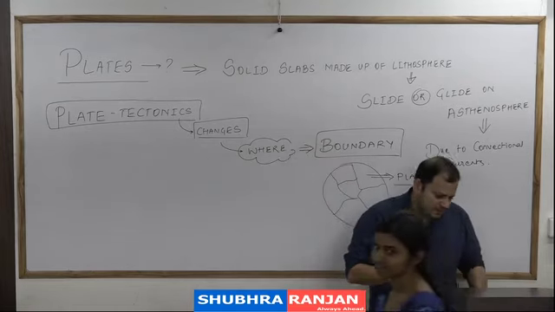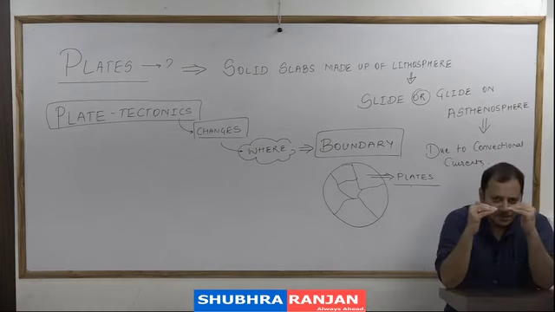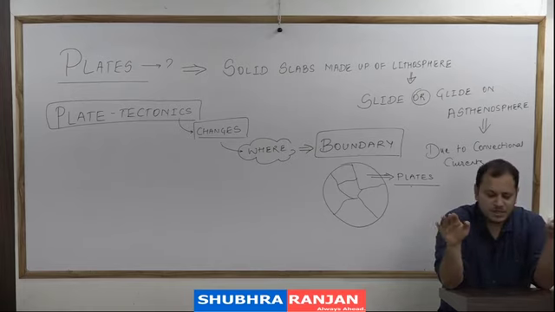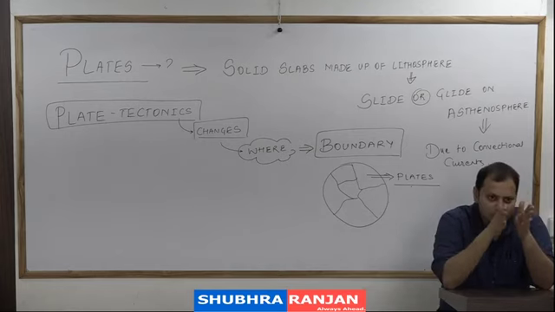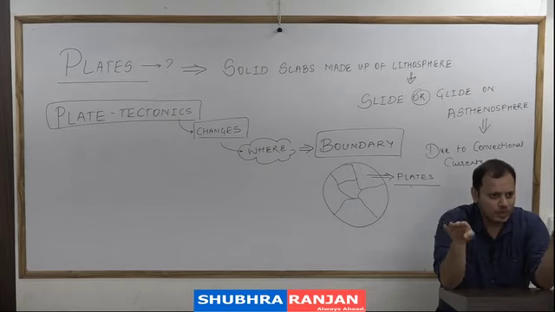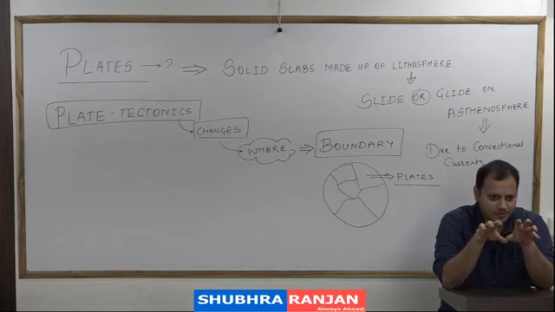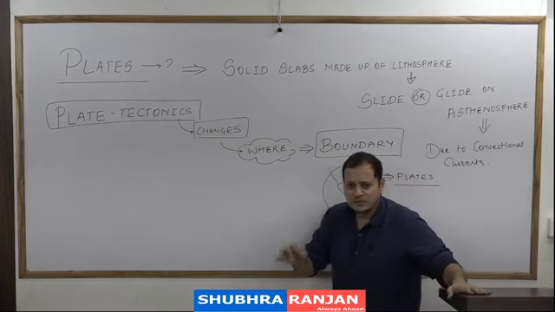Now when the plates are there, these plates will come near each other, and that will have an effect. Because they come near each other, we will call it the convergent plate boundary. Some plates will move away from each other, and we will call them the divergent plate boundary. Some plates will slide across each other. They will neither come near each other nor go away from each other, they will just touch and rub each other, and we will call them the conservative or transform plate boundary, because there is no convergence, no divergence. And each and every plate has its own effect.